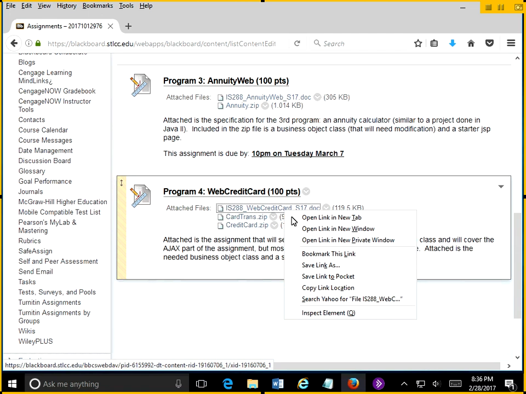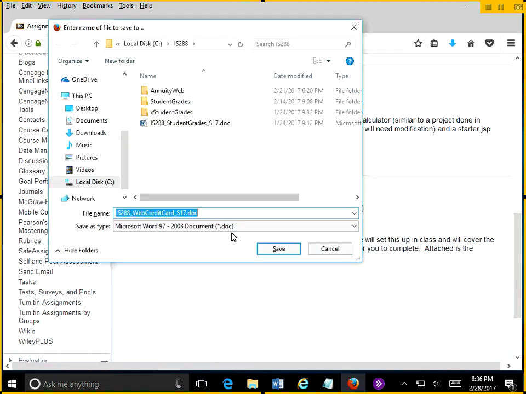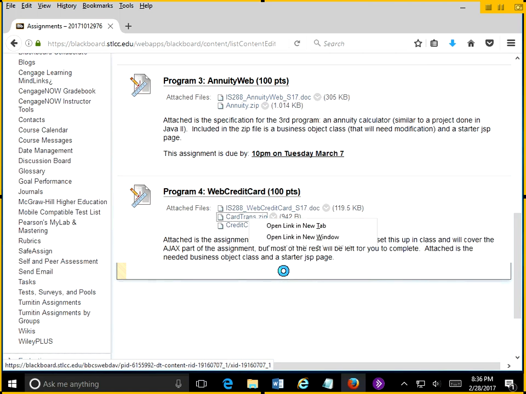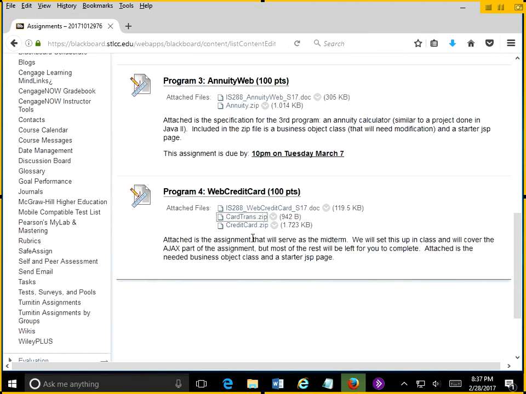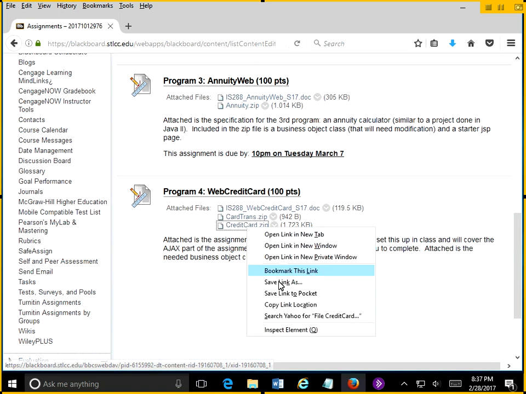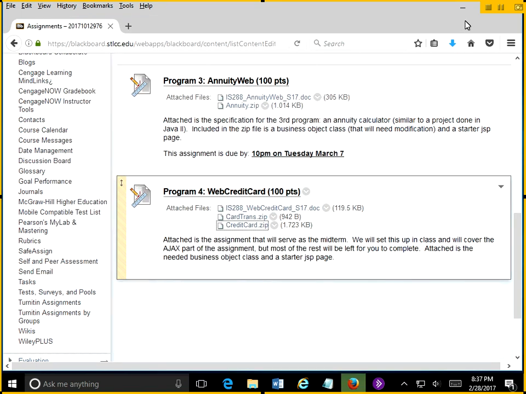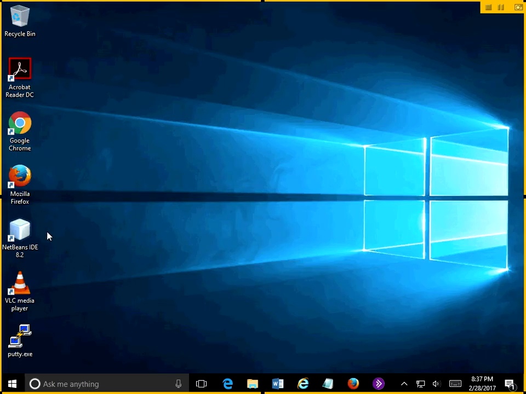But I'm going to download the specification for the credit card simulator, and I've got a couple of zip files with some goodies in it to get us started, so I'm going to download those two items as well. Card trans will be the business object. No, card trans is the web page, I guess. Credit card is the business object that we'll be using. All right. Now,